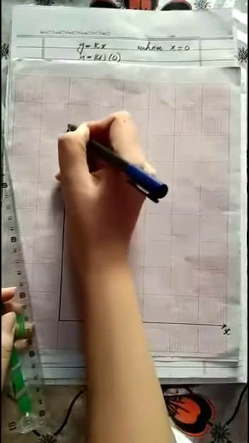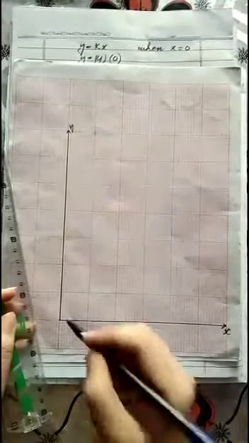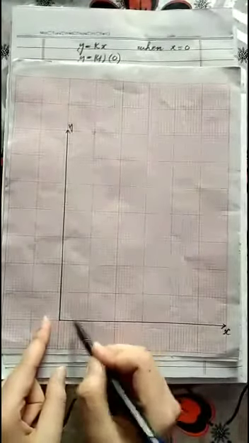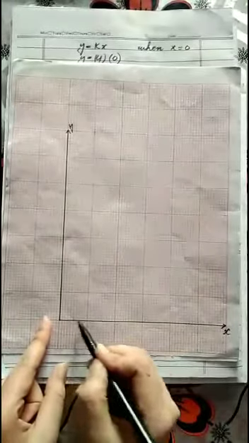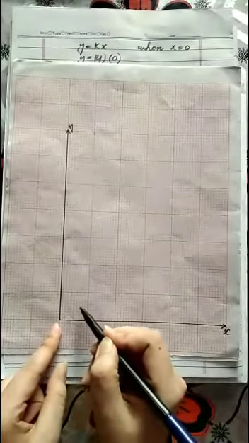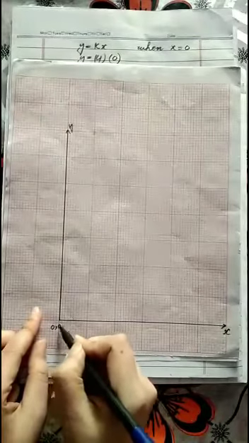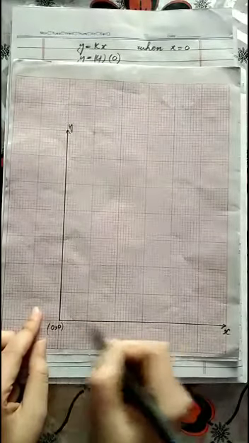This is the y-axis. We will consider the whole block. Friends, this is the whole block. One block contains 100 small blocks. We will consider this first point as 0, 0, which means here x is 0 and y is also 0,